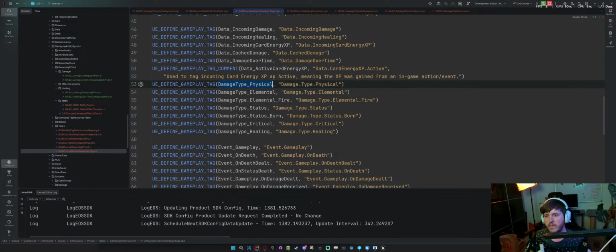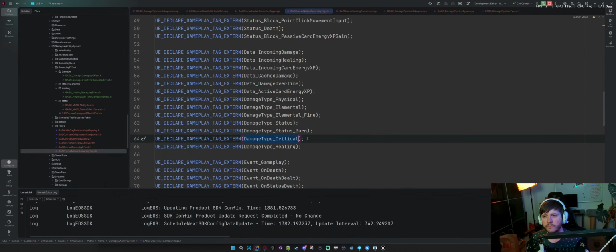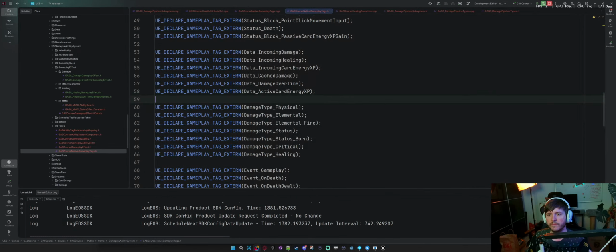I'd have to make a base tag here. Damage type, yeah, let's just make another one here. So we'll call it root.